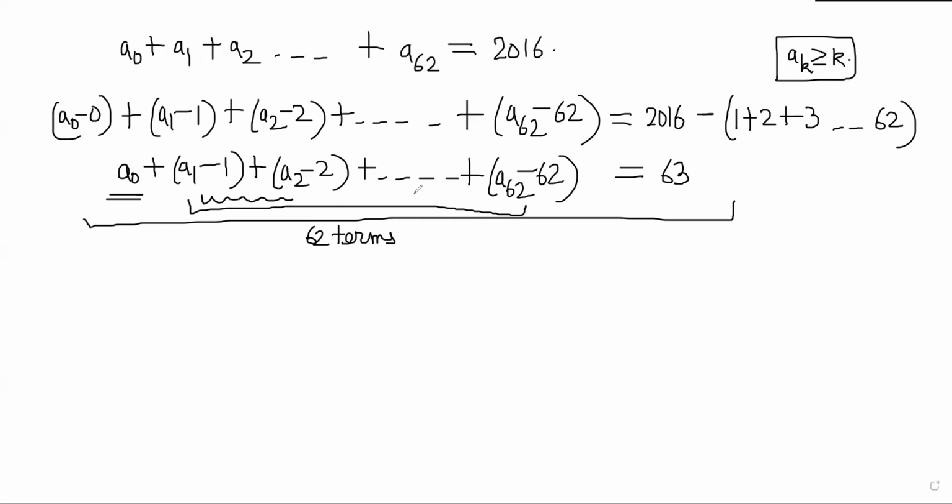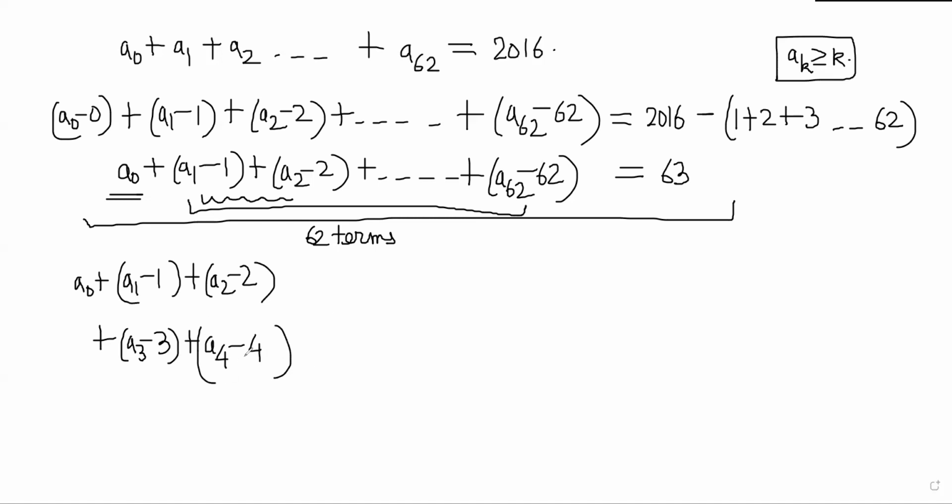The second result is of the same type, A1 minus 1 and A2 minus 2, correct? So the expression A0 plus A1 minus 1 plus A2 minus 2, let's write it like this, plus A3 minus 3 plus A4 minus 4, this whole thing will be greater than or equal to A0